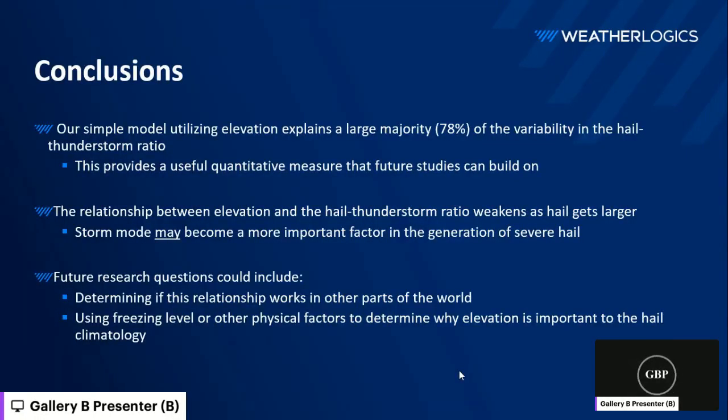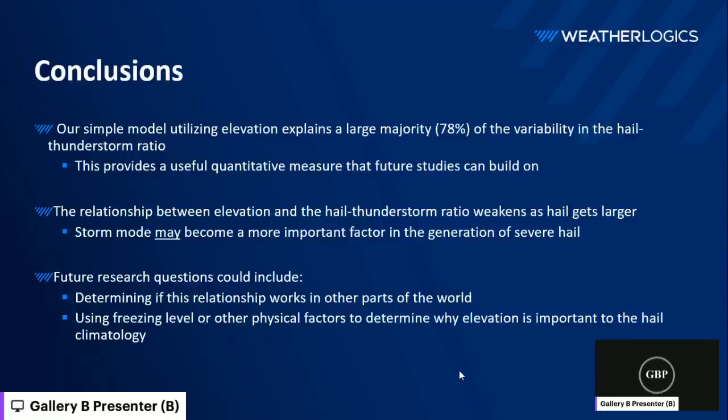And the reason why I really like to emphasize that is because we hope future studies will build off of this, and they'll actually have a quantitative measure to use to compare their climatology to. Secondly, I already alluded to this, but the relationship seems to break down a bit as the hail size gets larger, and we speculate that's because storm mode plays a more important role. We know in places like Southern Ontario, they don't necessarily get a lot of hail days or hail hours, but they do get notable severe hail events, and that could be simply because they don't necessarily get a lot of the small hail, but when they do get a hailstorm, maybe it comes from the fact that they get more